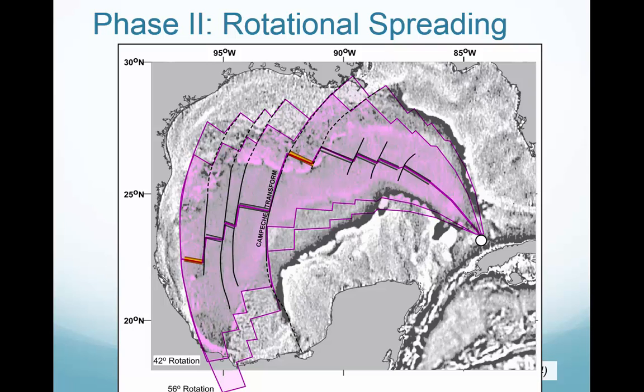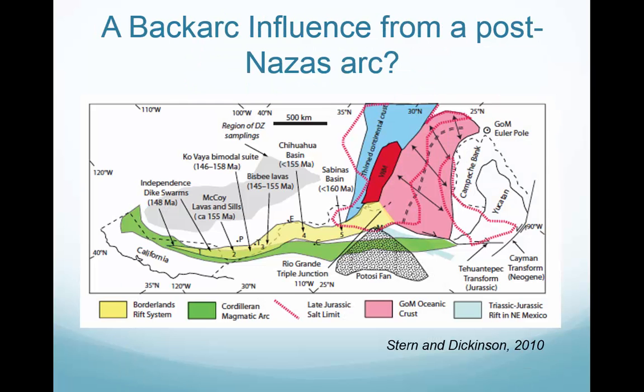We have spreading and formation of oceanic crust in the deep Gulf of Mexico. We have a continent-ocean boundary established that jigs and jags out along basically the slope, upper slope environment today on our side. And it's a rotational opening where Yucatan is being rotated some 40 degrees or so, and I've given a 42-degree rotation and shading here just to see what that would look like. And there's a few side issues involved with it, but that's essentially the rotation that has to really be had for that. What's going on in that environment, once oceanic crust is forming, after the salt, after Callovian,